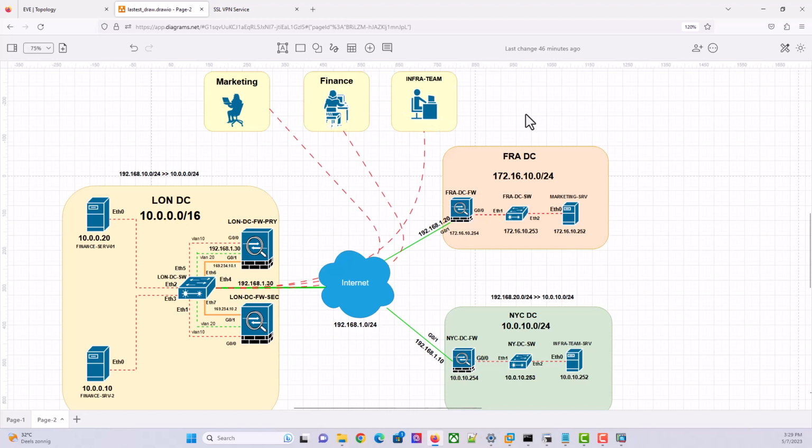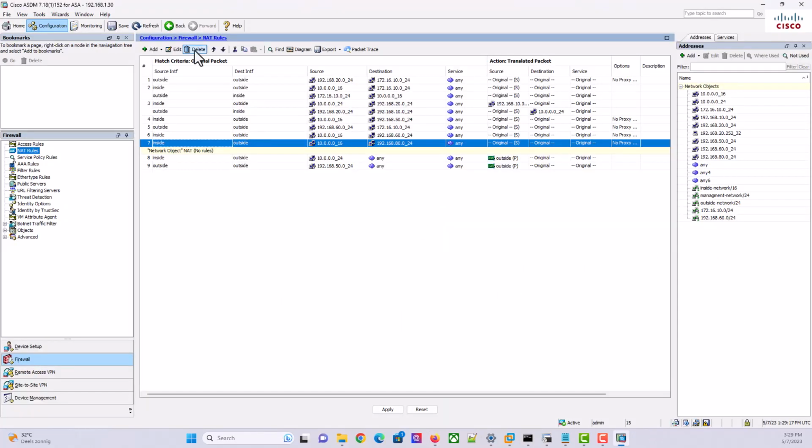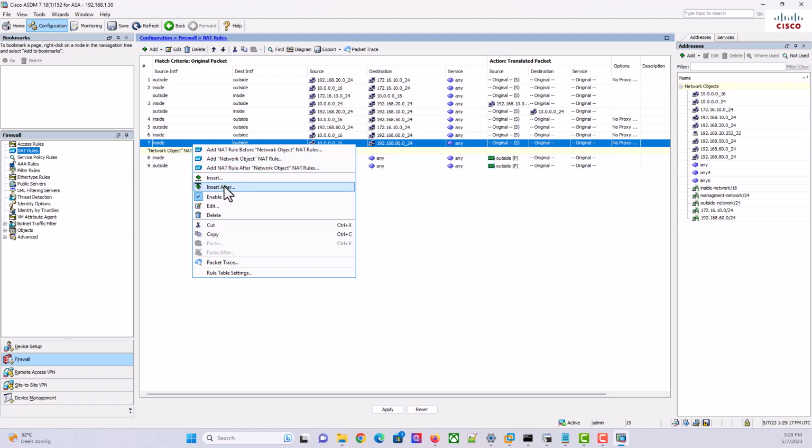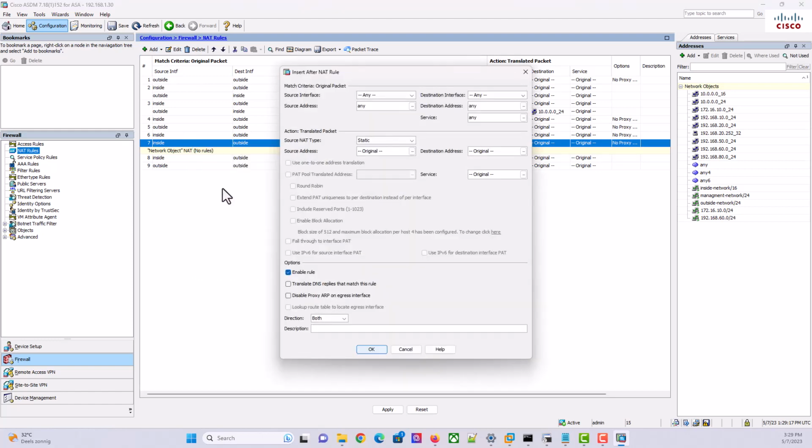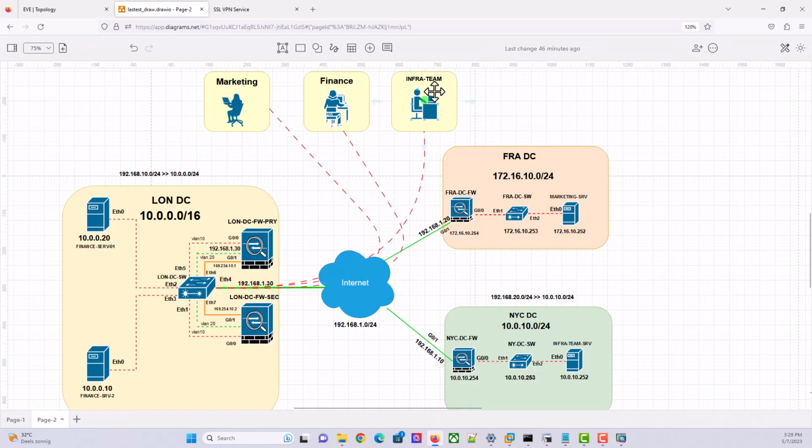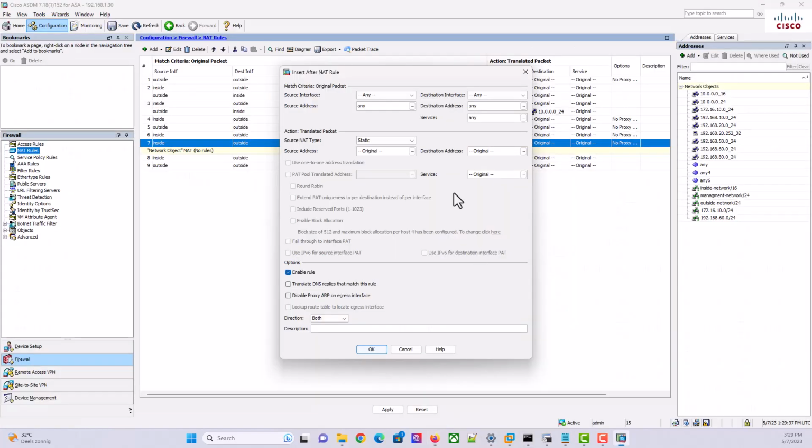Okay, so we already know the subnet. Let's do it. So NAT again. You can see that if you are really used to ASDM, I think it's much easier to do here. So we're going to say, if it's coming from where now? Okay, now that's the confusing part. This guy is at home. He comes in through the public interface and goes out through the public interface. It's going to be outside in this case. So we're just going to say outside,